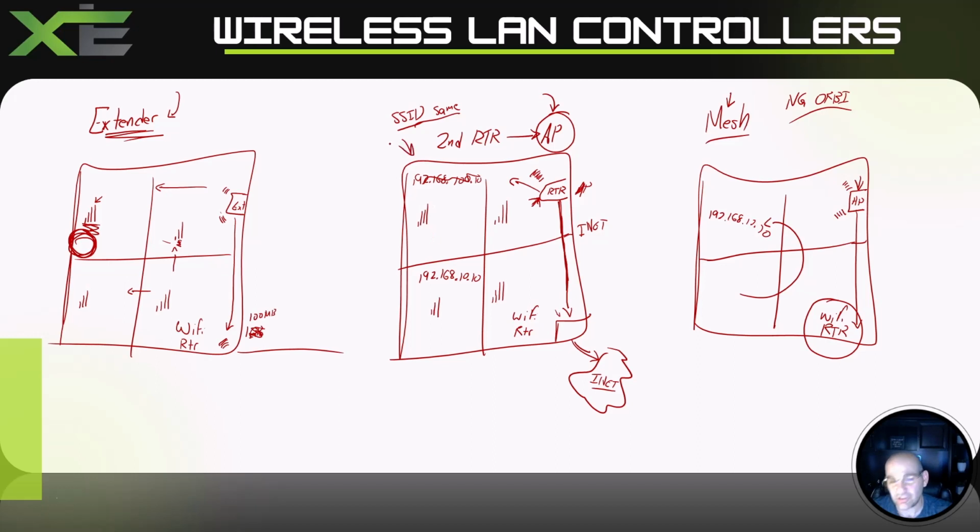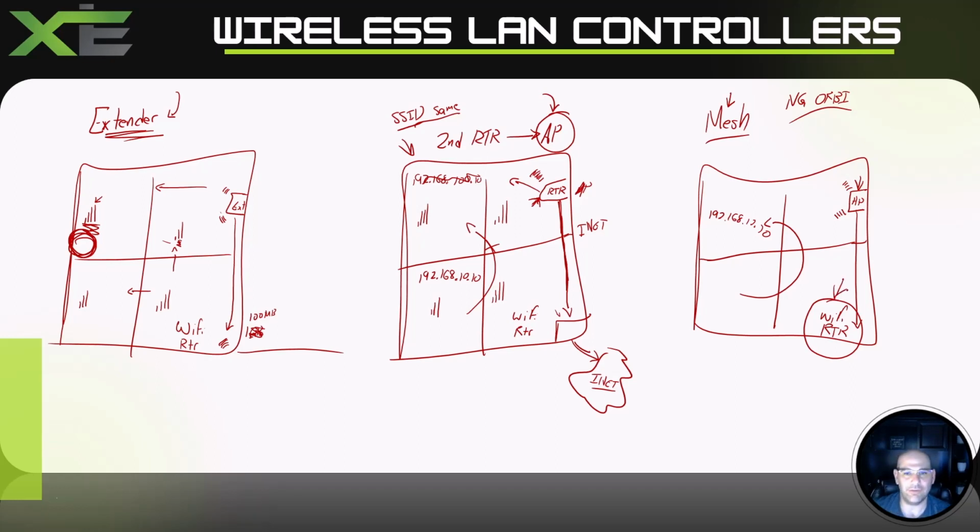If I go with this solution here and I actually use a router and not an access point, then as I go from one router to the other router, I'm actually going to disconnect off the network, which means streaming video is going to be impossible. The video connection is going to cut. Being on a conference call or something like that, that's not going to be possible because that's going to get cut off. And so with this kind of mesh system, it gives me the ability to have everything managed by